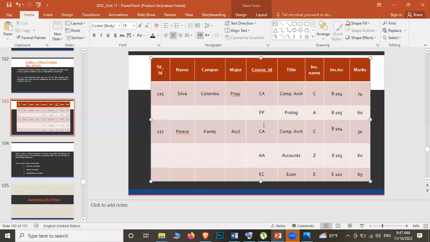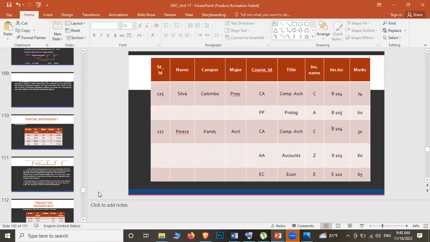Did you understand? This is also an ID. We know that we can't have redundancy or duplication in an ID field, but here we have. Why? Do you know why? Because this is a foreign key. This is another table's primary key being used as a foreign key over here. But in this table, student ID is the only primary key. So can we add 1 to 5 again here? We can't. Is it clear? Did you understand this? We'll do some exercises, then you will understand. I have a few more slides, then you will understand somehow.